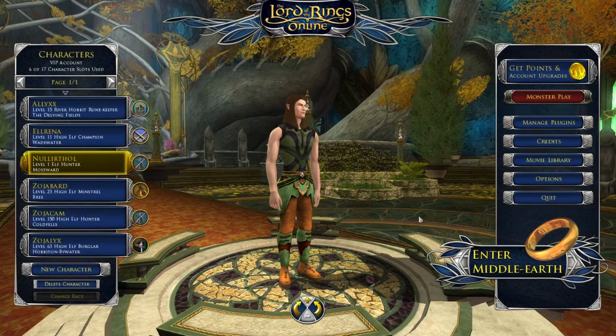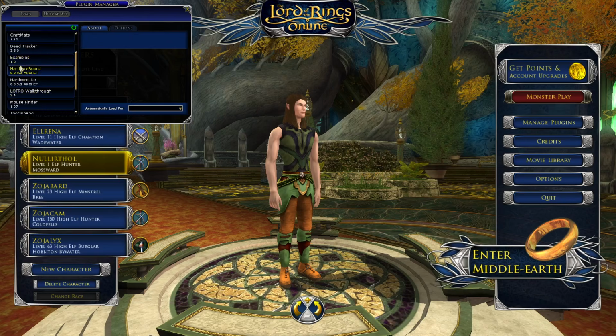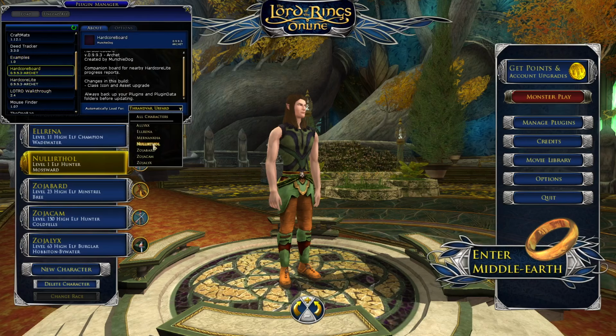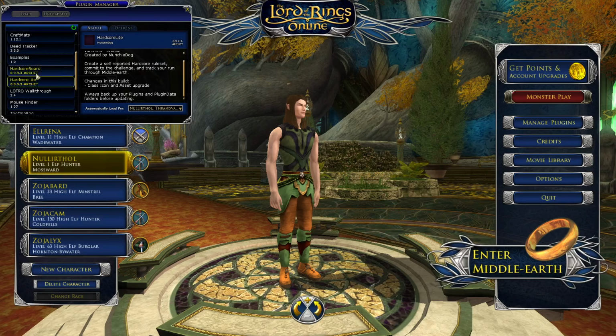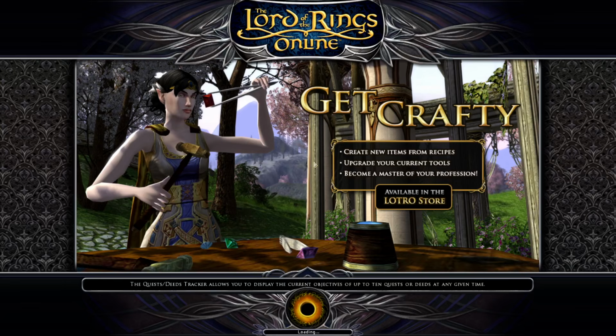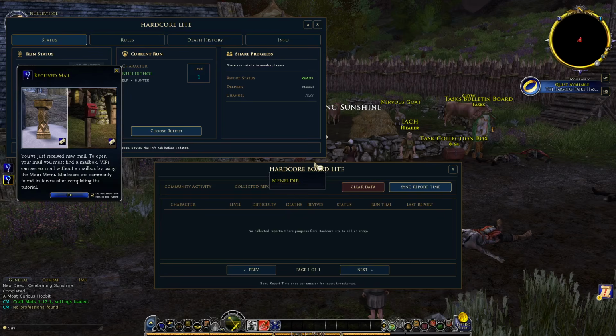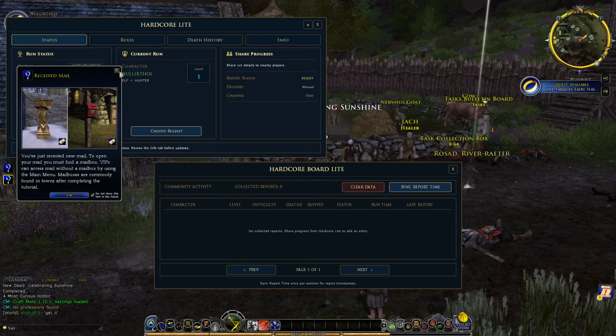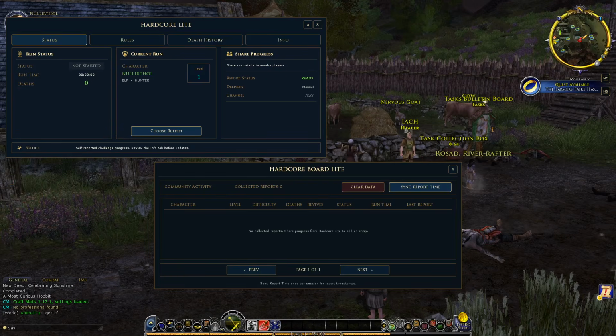So once you're back here on your character screen, you'll select Manage Plugins. You go to Hardcore Board, and you will select Hardcore Board and Hardcore Lite. You will do these so that way you can have everything set up, and then you'll go back in. This will load the plugin for the character, and then you will immediately, upon logging back in, get